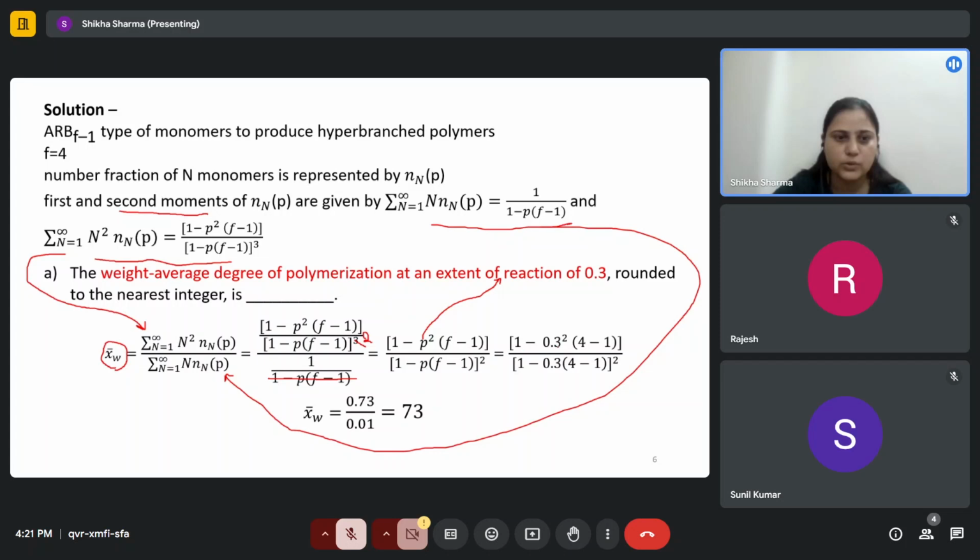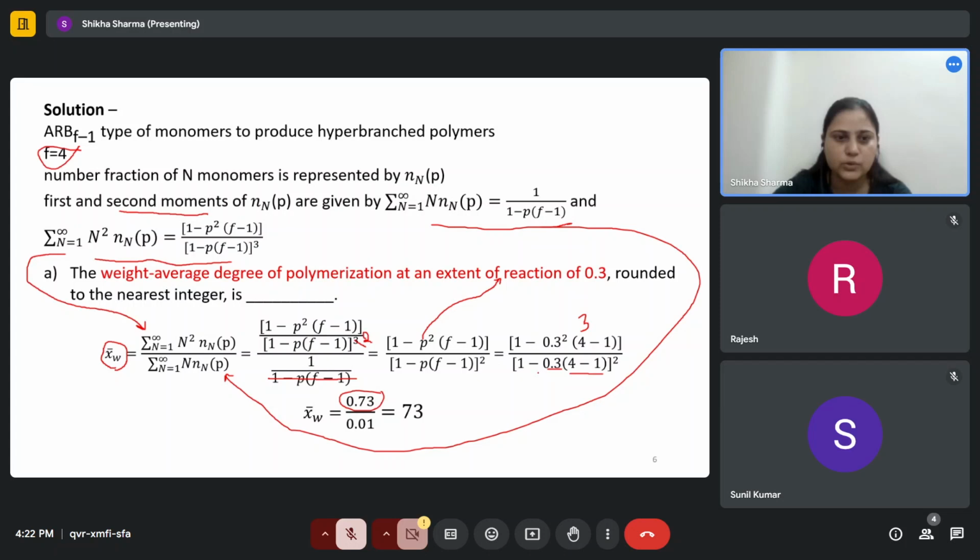So 1 minus 0.3 squared, and f, which is the functionality, is given in the question as 4. So multiply by f minus 1, which is 4 minus 1, divided by 1 minus p, which is 0.3, and then multiplied by f minus 1, which is 4 minus 1, whole to the power 2, squared, sorry. So when we calculate, we'll get here 3, right? Multiplying by 0.3 squared, which is 0.09, we get 0.27. 1 minus 0.27 is 0.73 in the numerator, and